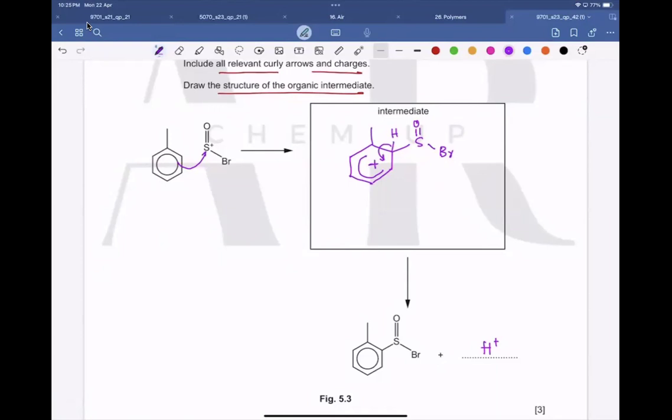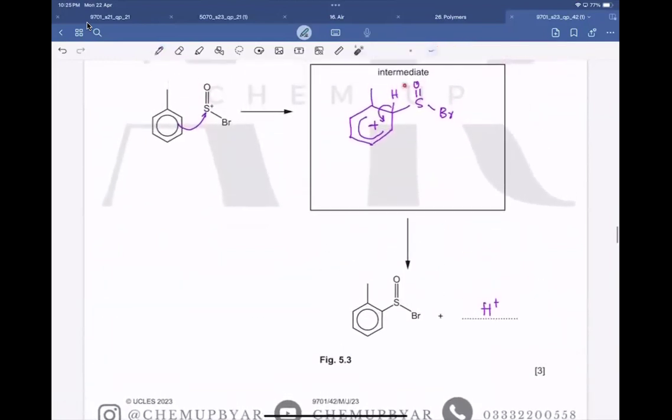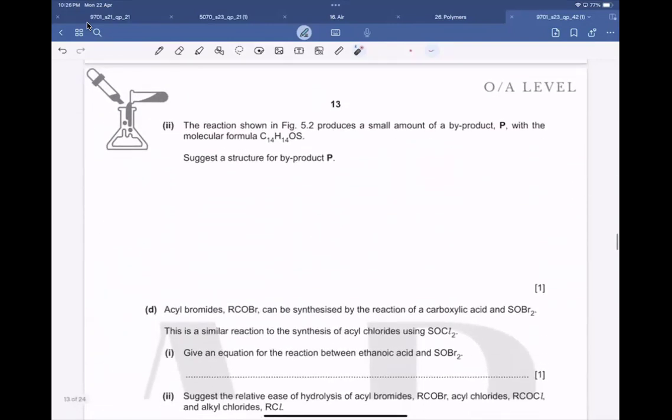So the hydrogen ion that gets removed from here will be written over here. Is this clear to all of you? Okay. Now,